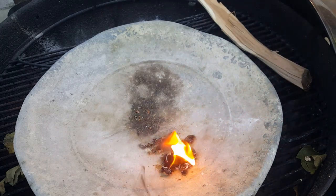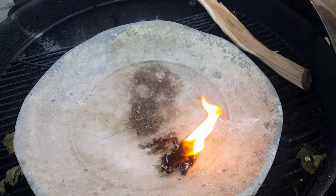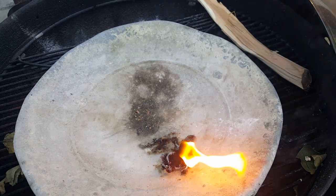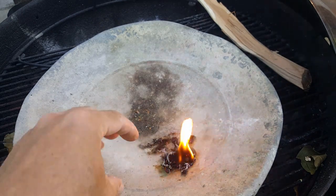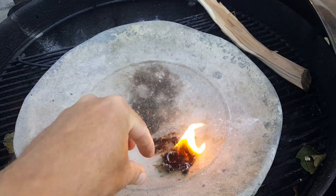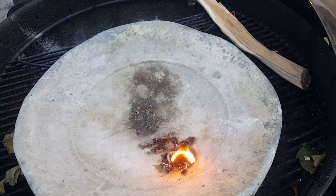And once I got the birch bark prepped a little better, I didn't have a lot of the paper from the bark in one spot. Once I broke it up, concentrated it in a little pile, and I got a good spark on it, it went right up and I was able to light it. So I will go with that my prep was not great,